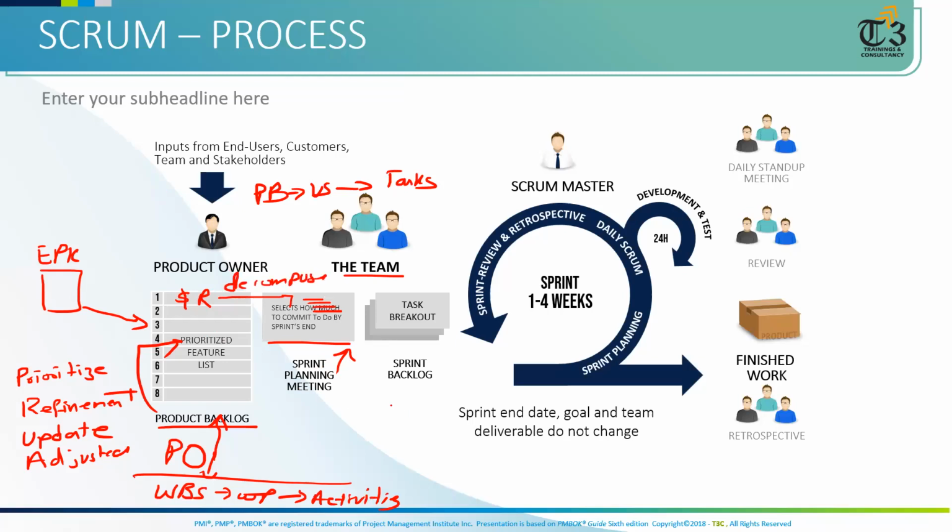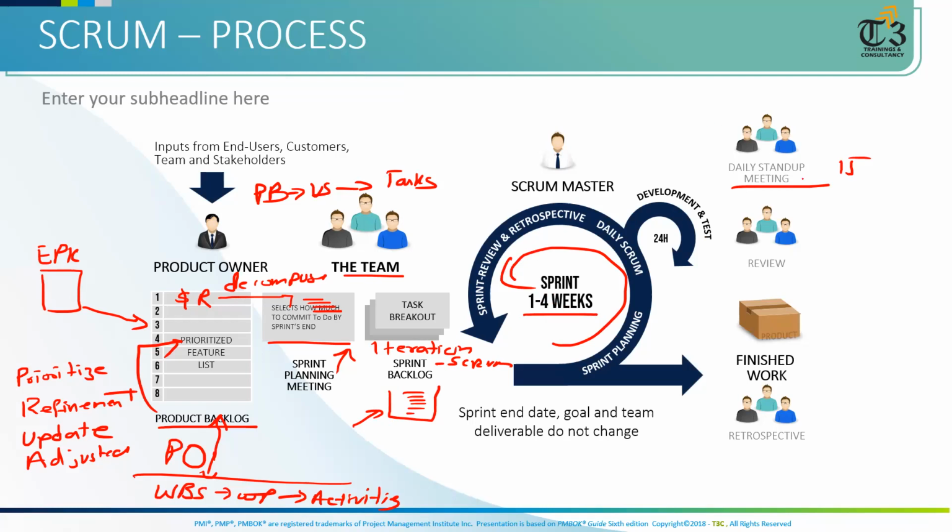tasks. When we have all the tasks ready, we'll put them in another backlog called the sprint backlog in Scrum. In Agile, we call it the iteration backlog. These tasks are there based upon their dependencies, finish to start, start to start, and so on. So when the iteration backlog is ready, the team will start a sprint. It could be between 1 to 4 weeks, with a daily stand-up meeting of 15 minutes. He or she will ask what you did yesterday, what you will do today, and what your